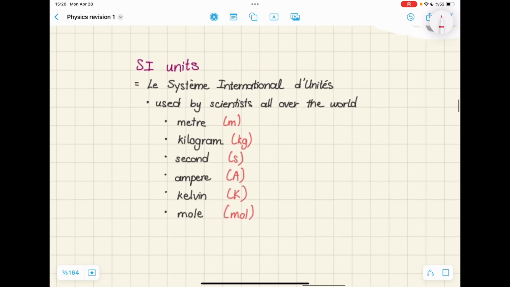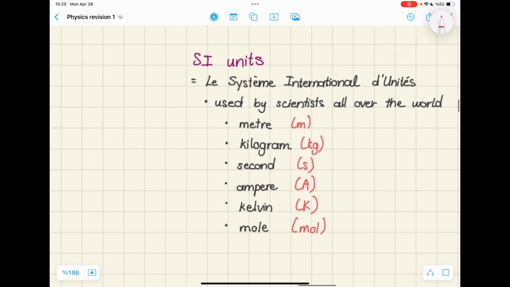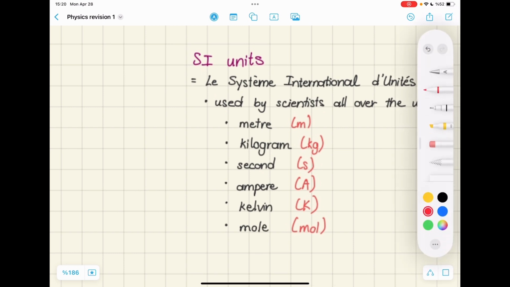SI units is an international system of units, and it is used by scientists all over the world. You will also see this in chemistry. Here we have 6 SI units, and of course we have physical quantities that are related to these SI units, which I'm going to add here as well. So meter is related to the physical quantity of length. So let me just write it like this, length,